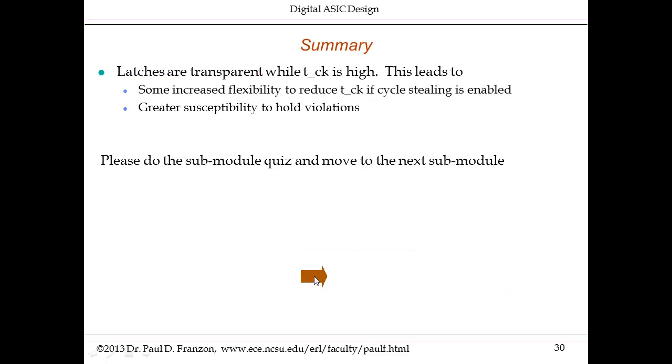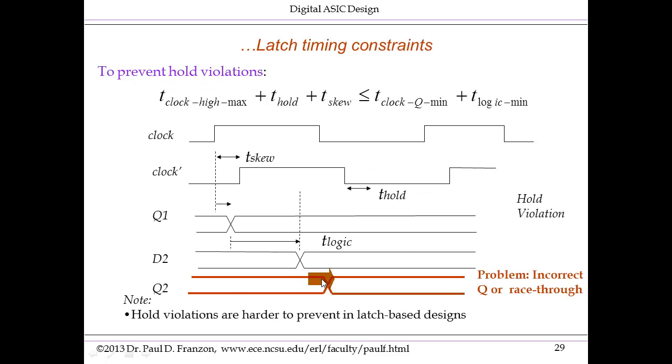That is leading to a race through problem where D2 is changing during the high transparency period and certainly before the end of the hold time. That is leading to Q2 changing around the same clock edge. Notice that Q1 and Q2 are both changing with respect to the same clock edge. This of course is race through, which leads to